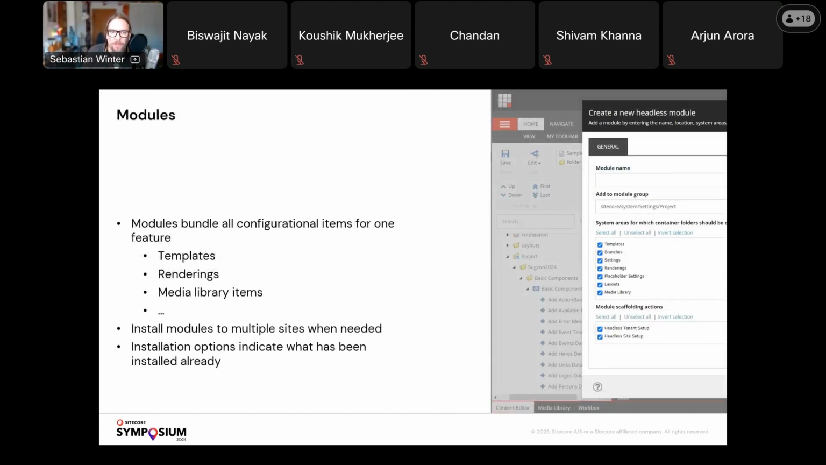All right, let's get to modules. So when building new features that consist of several configuration items, such as templates or renderings or media library items, and some more, they can be bundled into modules. Now, you can install such modules to one or many sites. Also, during the site setup, you get a list of modules, and then you can select what modules you want to install. So this way, you kind of decouple the deployment from a feature